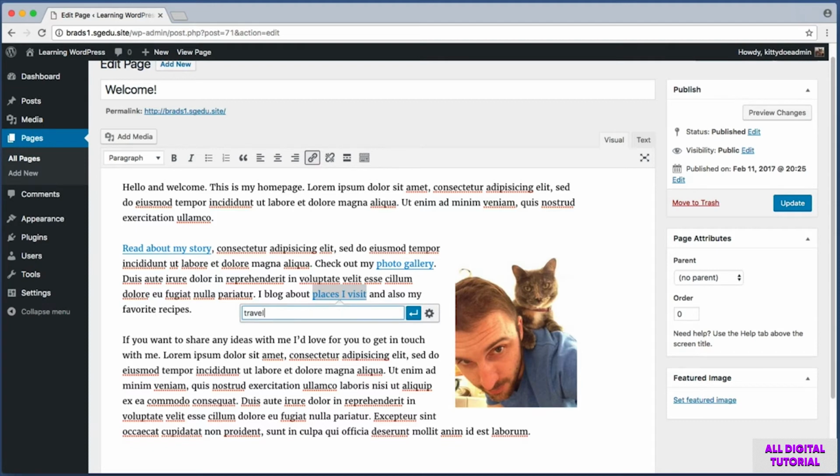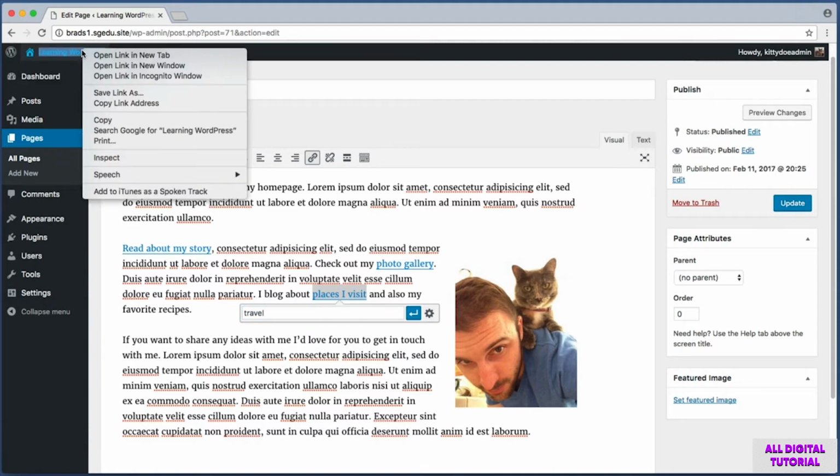Search for travel. Now you'll notice that WordPress doesn't give me any results here. Now in the future, WordPress might update their software to automatically find category archive pages. But as of this moment, we are going to need to find our travel page's URL by ourselves. So let me show you how I would do that. Remember, we can always use this link to jump to our public-facing website, only if I click on that right now, it will take me away from this page authoring screen. So what I can do instead is right-click on it and click Open Link in New Tab.